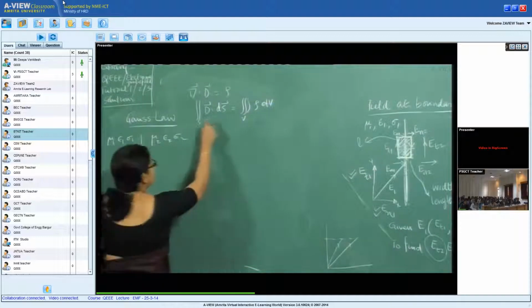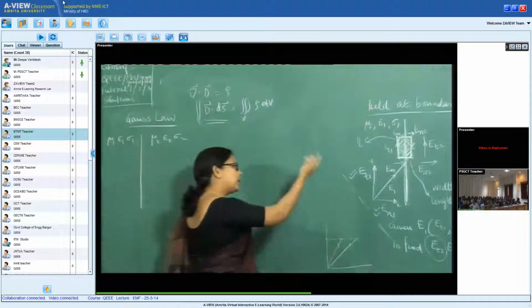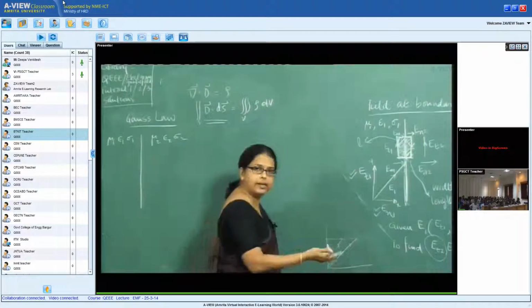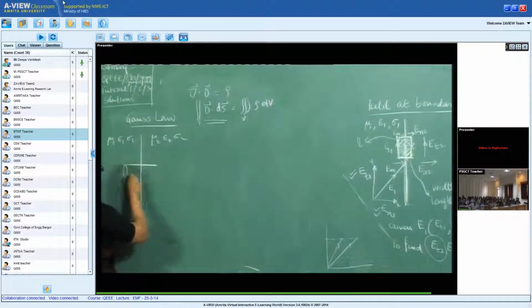So we are talking about surface integral here. Instead of considering a loop, as I did in the earlier case because Faraday's law was talking about a loop integral, here I am going to be talking about a surface integral. So this is the surface I will consider, a cylinder. One side of the cylinder is on the left side, the other side is on the right side.